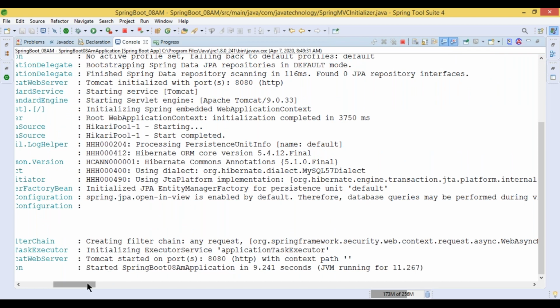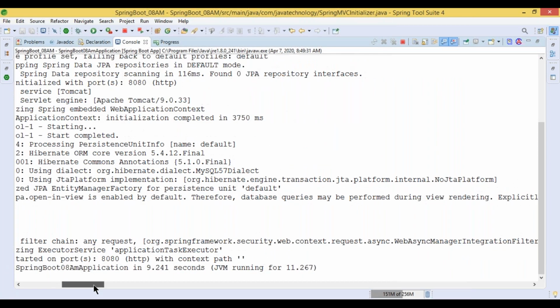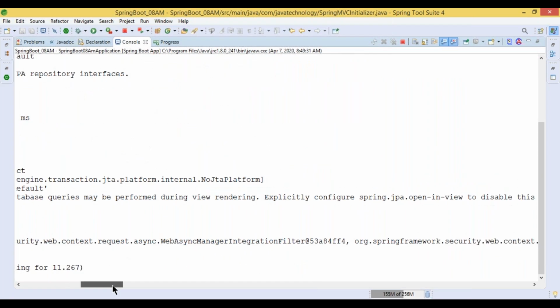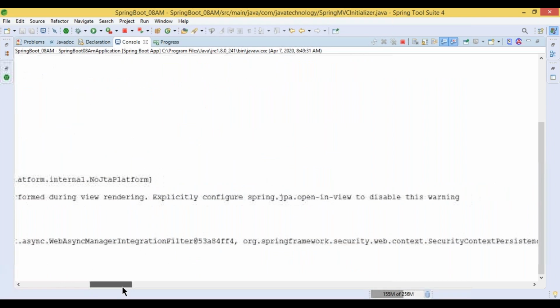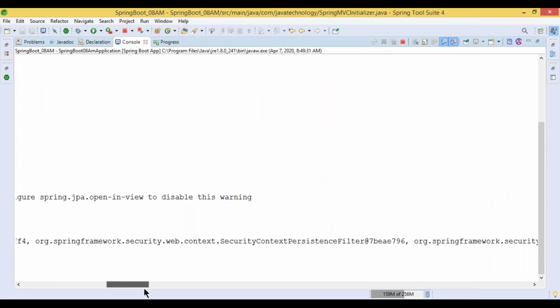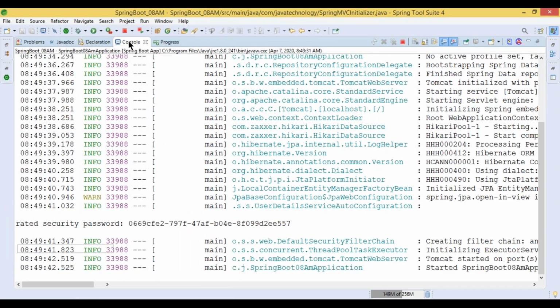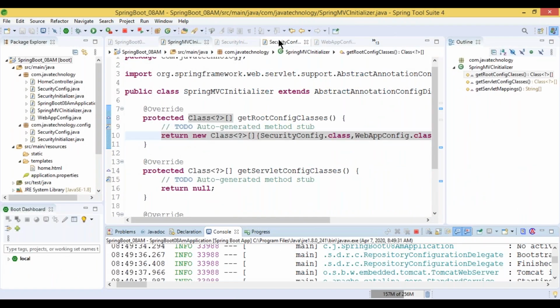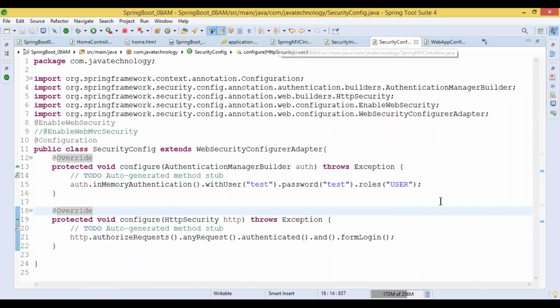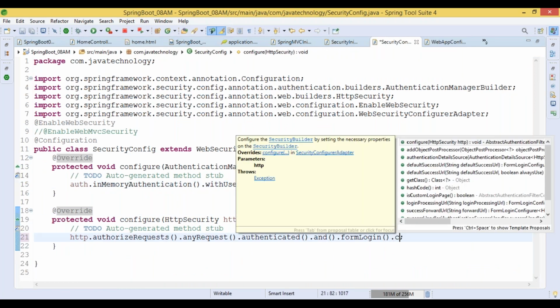Spring JPA open in view, enable default data source queries. So the manager, security context persistence filter, CSRF. Okay. Let me use the CSRF information also. Where we need to use it? Yes.